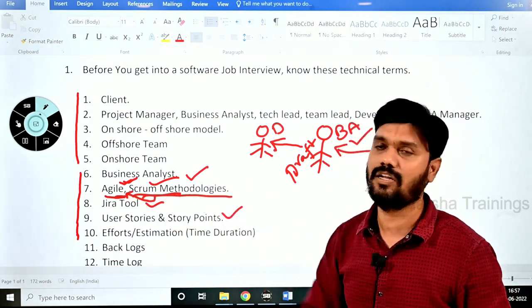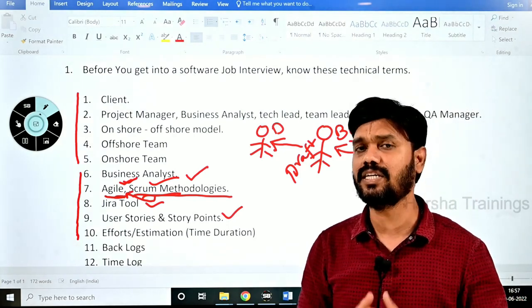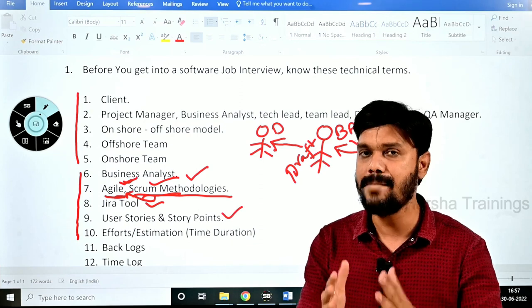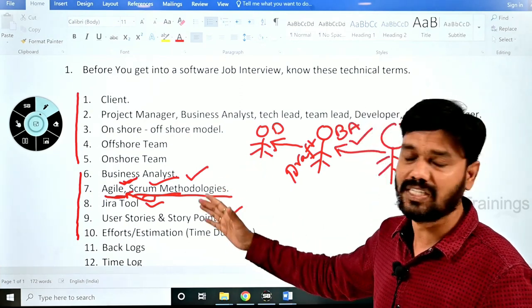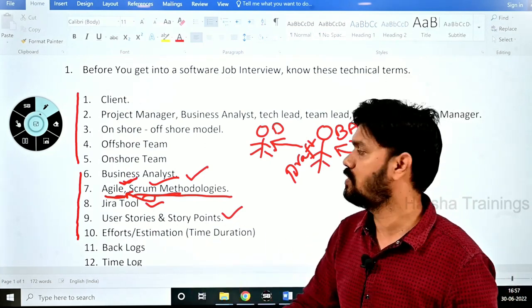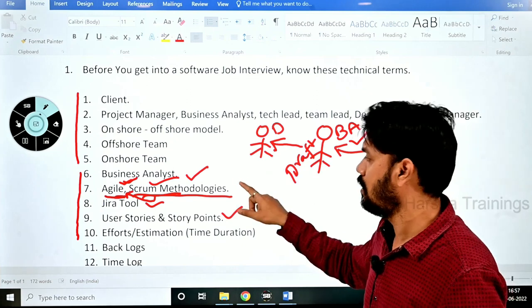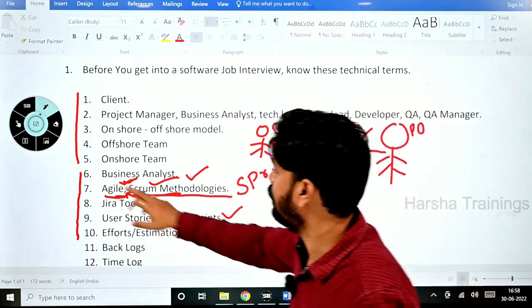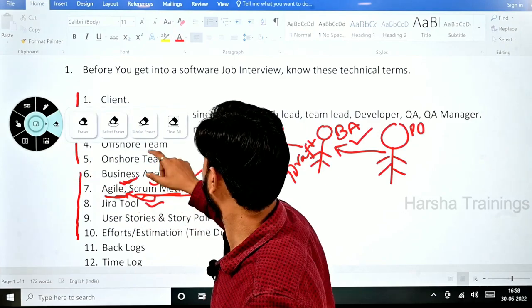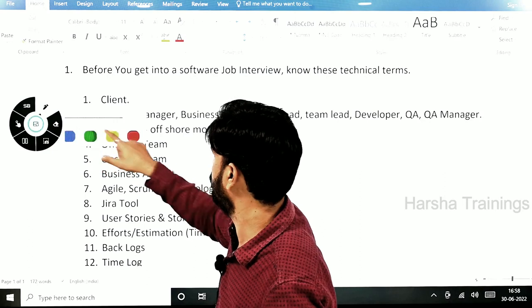So in the Scrum methodology, there are different things that we should be aware of. Whenever the project is going to be built based on Scrum methodology, then the project structure will be like this. See, the project is going to have different sprints. What do you call this? Sprints. Let me clear out all these ones. Okay, so in the Scrum methodology,